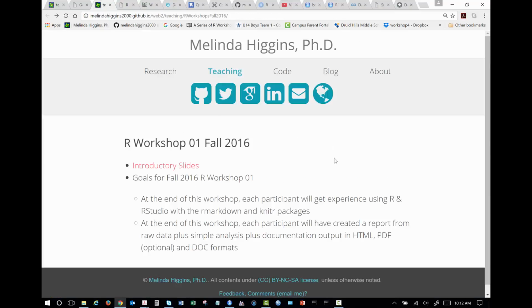Okay. So the goal for today, like I said, is just to get you up to speed, and talk a little bit more about what reproducible research and dynamic documentation is. But by the end, I'm hoping everybody walks out having created their first document using RStudio, and everybody should be able to save it out to HTML and into a Word document.